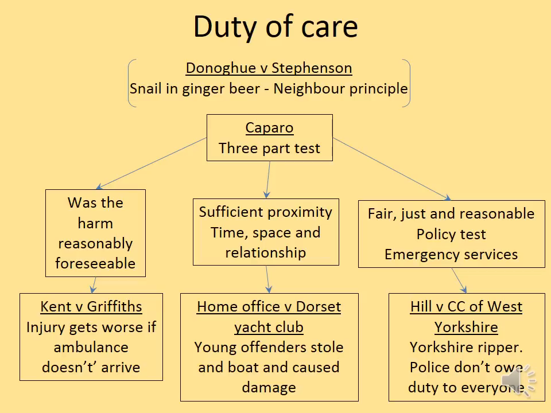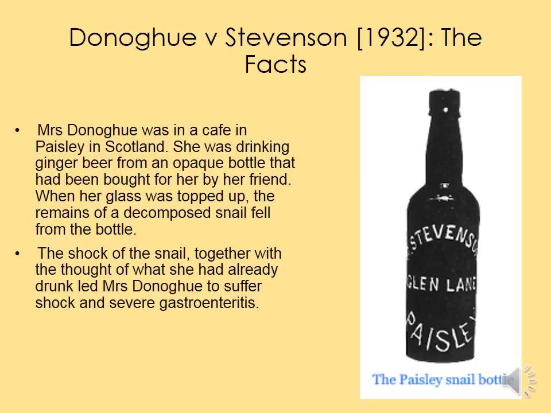Let's start at the top by having a look at where it all started, and in fact where the law of negligence all started, which is a case called Donoghue v Stevenson. If I was a betting person, which I'm not, but if I were, I would bet that when you go to university to study law, this will be one of, if not the first case you ever come across. So do yourself a favour, know it inside out, and really show off in that first lecture.